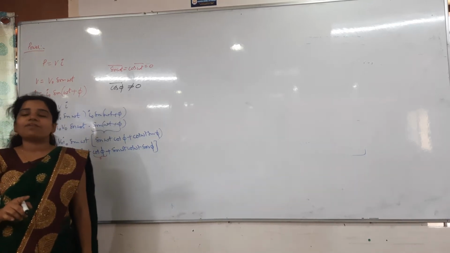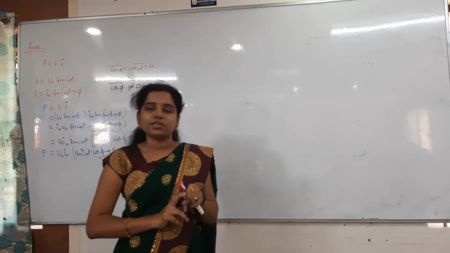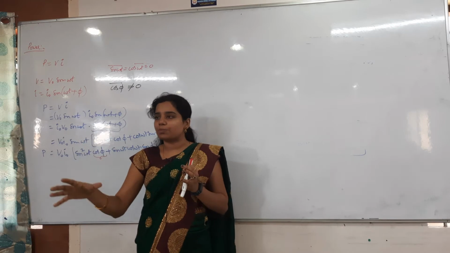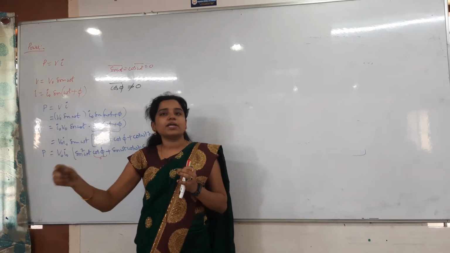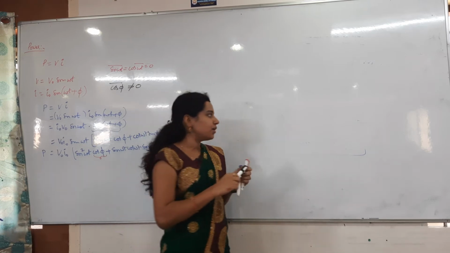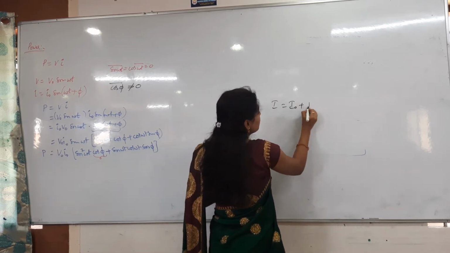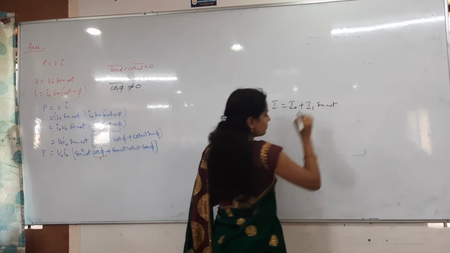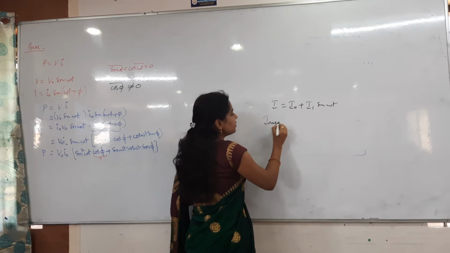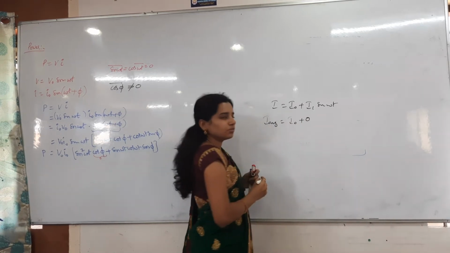When we take the average value as 0, as I said already for the I average and E average, we take for the first half cycle positive 2 I naught by pi, and for the next half cycle minus 2 I naught by pi. And for the DC value, what is the average? We got this kind of equation, I is equal to I naught plus I1 sin omega t. Do you remember that type of problem? So I average is equal to what answer did you get? I naught plus how much? 0.